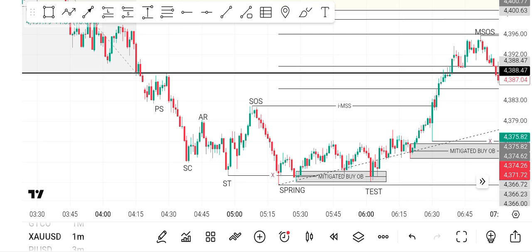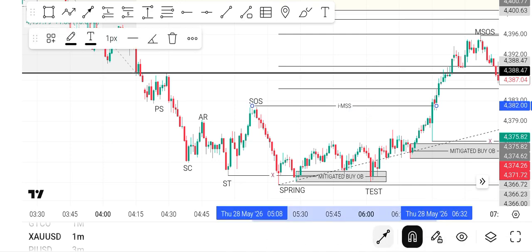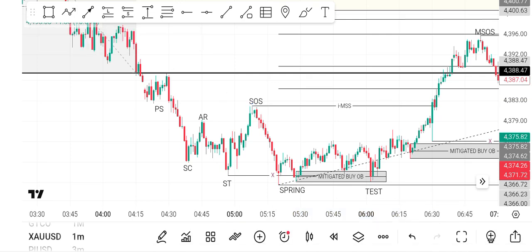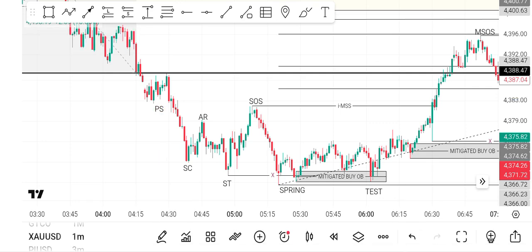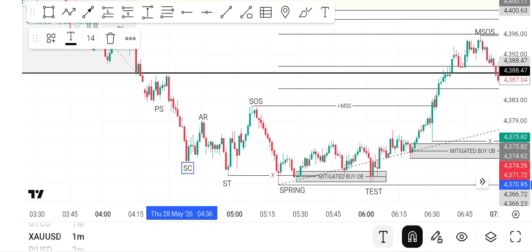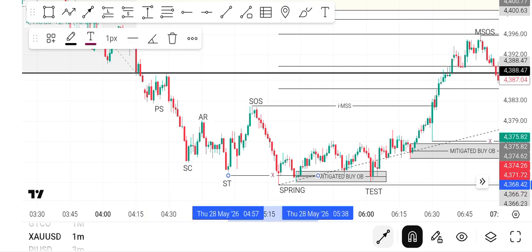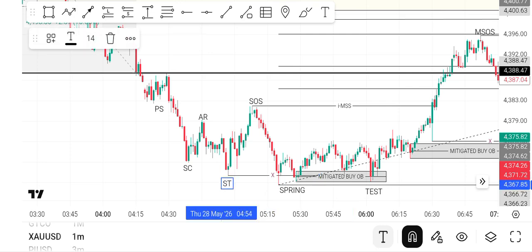So the thing here is the strategy used in understanding the market, how the market moves. So I'm going to leave this as it is. Watch how the market moves. The market created this PS, which is preliminary support, then came down to create a selling climax, then retraced up to create the automatic rally, then this is a test, ST, then